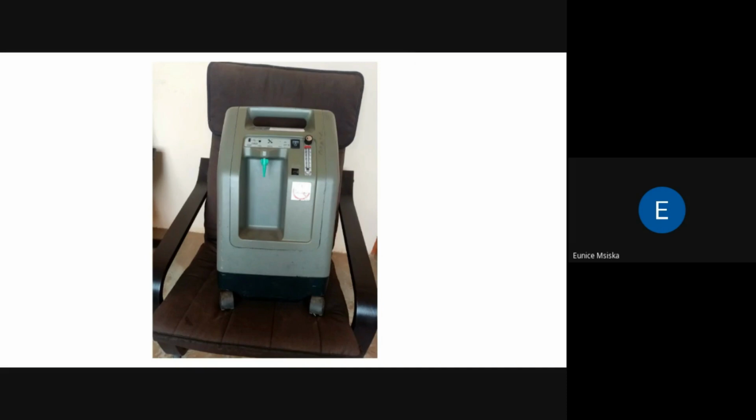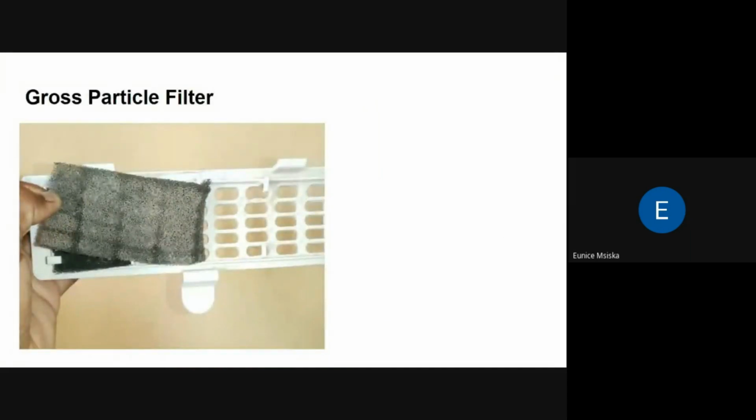Another thing that we need to take a look into is dust and toxicological harm gas. So for our machines to be safe, we need to be very careful of dust. Dust has a negative impact on oxygen concentrators, even if concentrators have filters to trap this dust. And these filters include the gross particle filters I've already talked about as I was beginning the presentation, and also we have the intake filter.